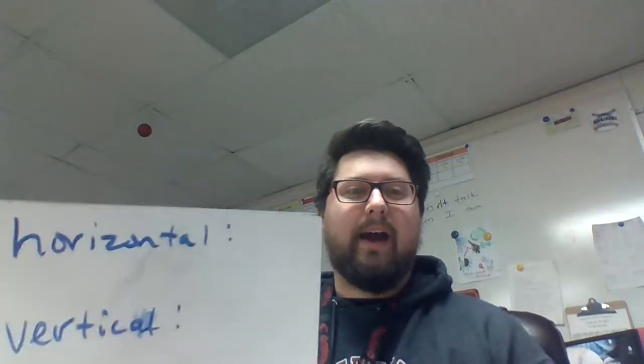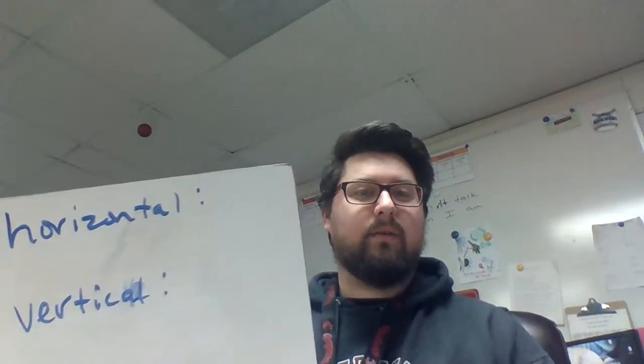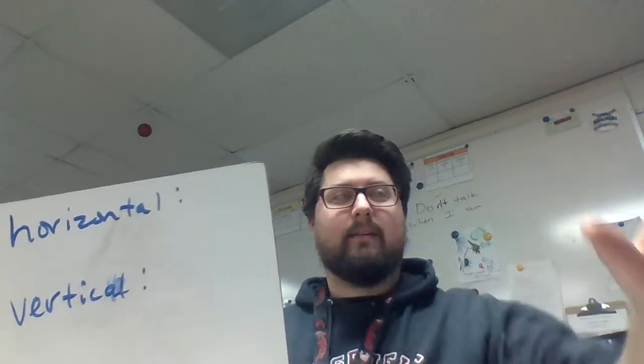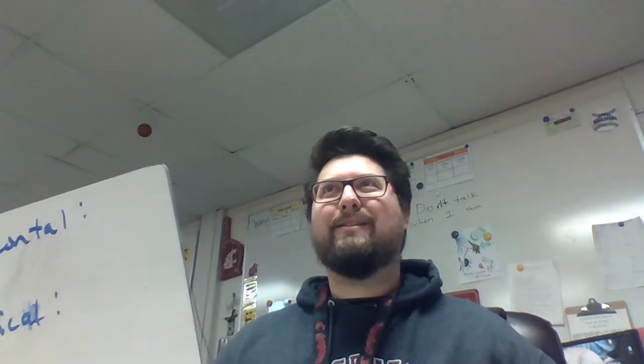All right, so again, two terms that you need to be not just familiar with, but you need to know are horizontal and vertical. They describe both the x and y axis. Horizontal is like a horizon, like when you look out and say, look at the beautiful horizon, it's looking out at the land in front of you. Horizontal is like flat, or left to right,